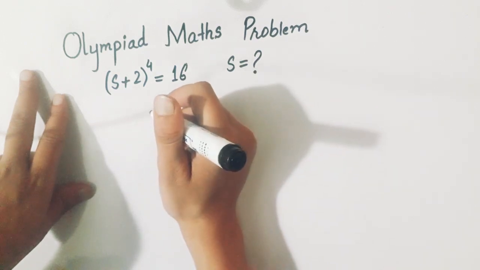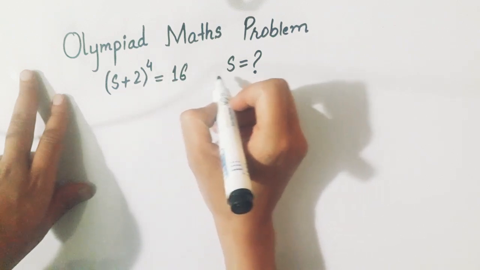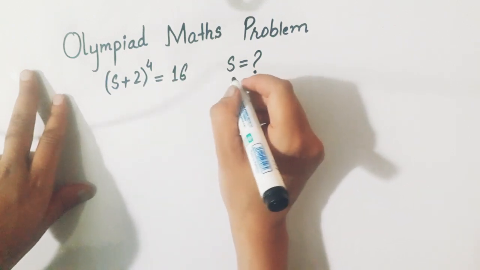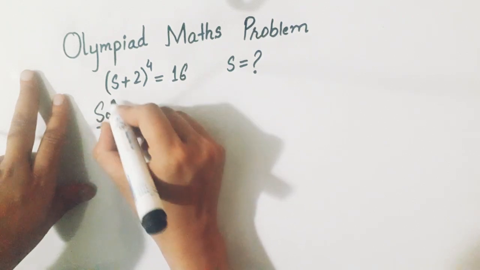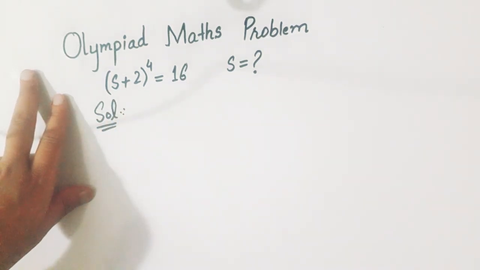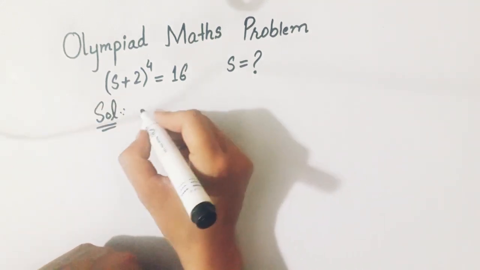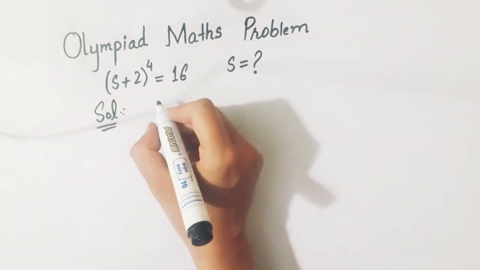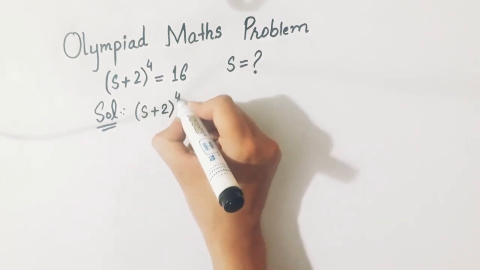Today's problem is we have (s plus 2) whole power 4 equals 16. You have to find the value of s. So we will solve this question as follows. First of all, we will consider (s plus 2) whole power 4 equals 16. Now we will write this as (s plus 2) whole power 4